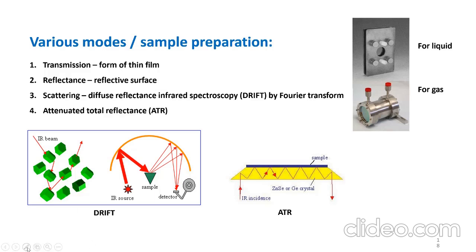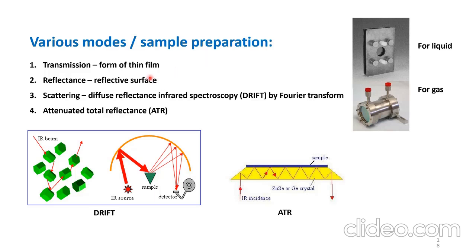In transmission mode, we place the film or any glass slide or anything which is coated with the sample on it, and the IR radiation will pass through it, and there is a detector that detects the absorbance or transmittance from the